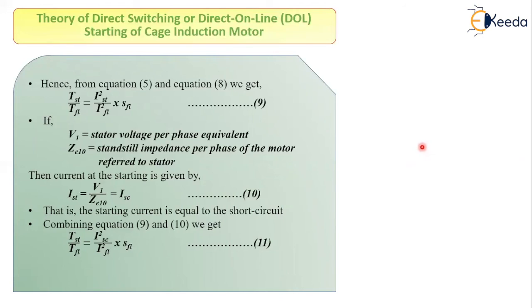So in this way, we have studied the DOL or direct online starter. This type of starter does not reduce the starting current or the starting torque. We are providing direct voltage, that is the supply voltage to the motor, but the starter has the arrangement which protects the motor from under voltage, overload as well as short circuit condition.